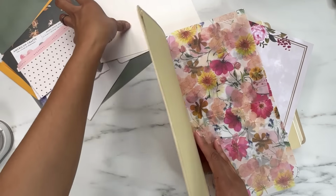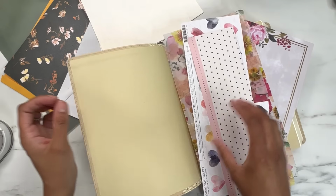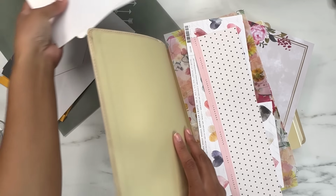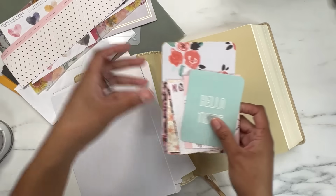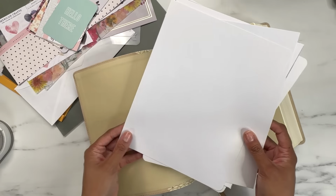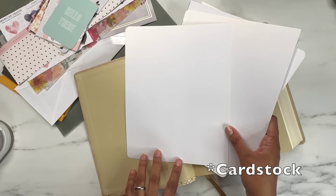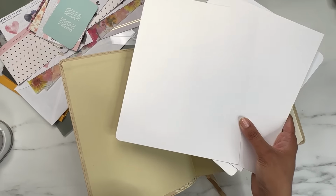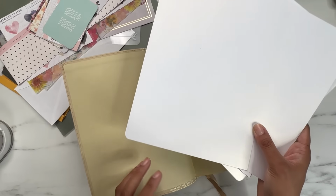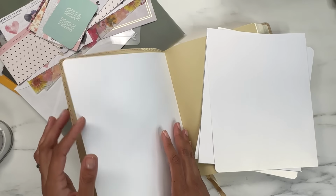I have scraps of scrapbooking paper. I have some cardstock that I already cut out. I did do a little bit of planning ahead of time, or prep, I should say. This is scrapbooking paper that is left over from my wedding. I don't know if the camera's going to pick it up, but it has kind of a pearl sheen to it. We used these for our invitations. I cut it to size so that I could cover